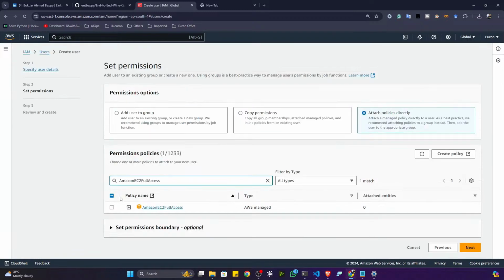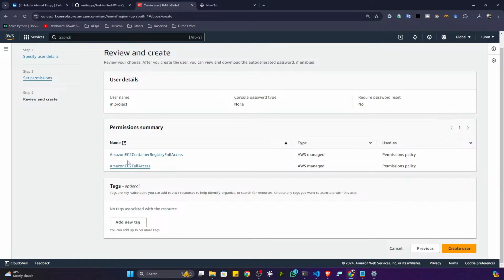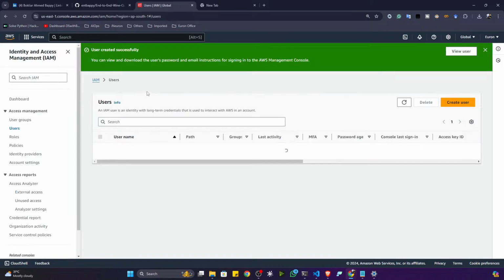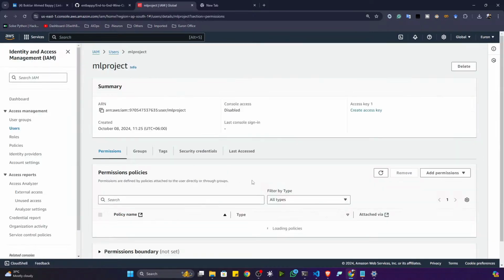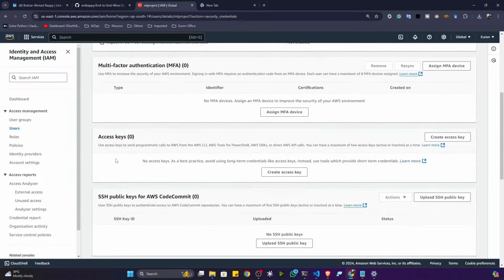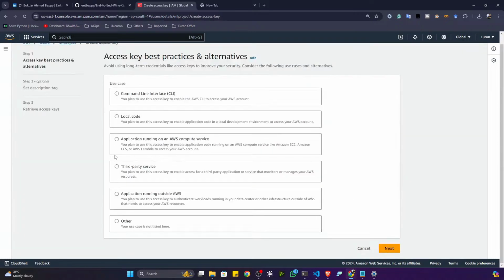So search here and try to give the permission and simply click on the next. I'll see that the two permissions I have added. Now I'll create the user. Now the user is created. Now click on the user, go to the security credentials, go to the access keys, select